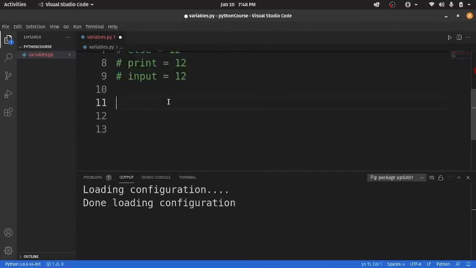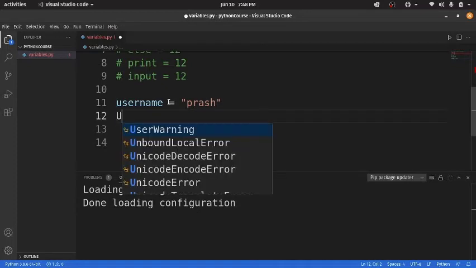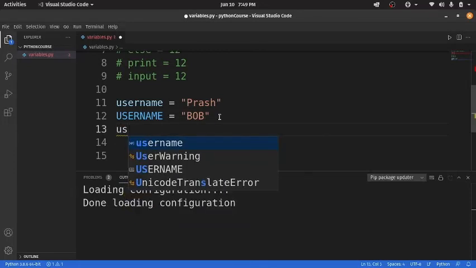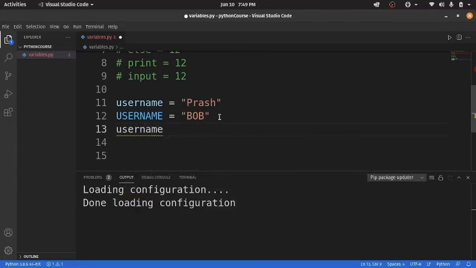What I mean by case sensitive is, if you use user name equals Prash, and if you use User Name equals anything you want, Bob, you can see these are actually different variables. They are not the same. One can store a different value, and this one can store a different value, and this one is also different.